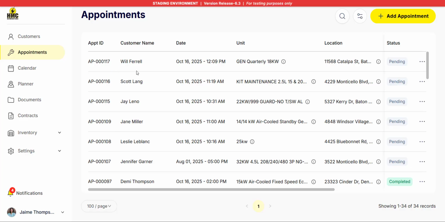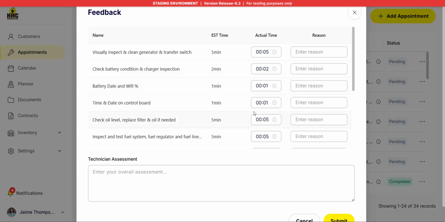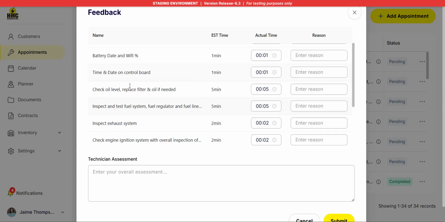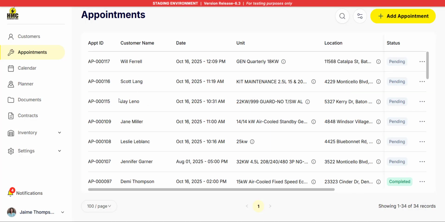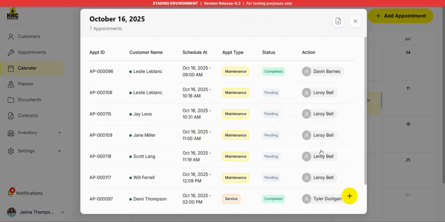You can also create a report for the customer. I can go in and create this feedback report, and all these actual times will feed in from the mobile app. If the technician needs to add reasons for each one of these tasks, they can do that. Once they submit that, it all gets sent to the customer. And I can also go in and see all of these appointments for